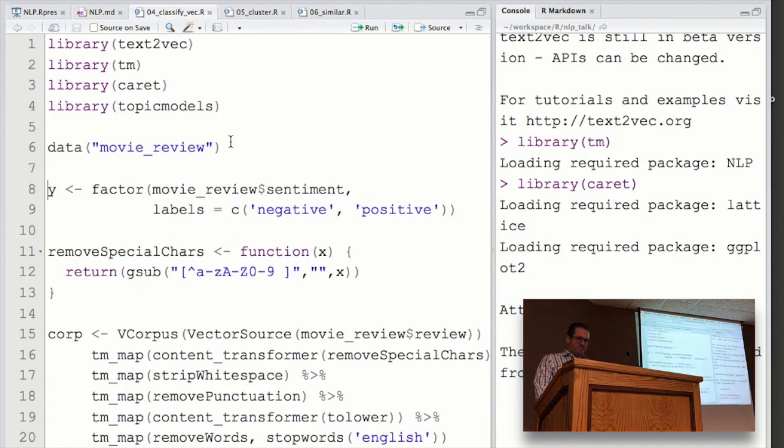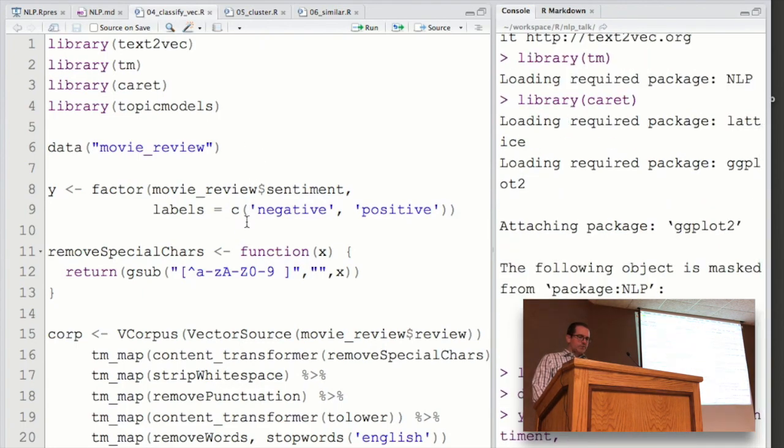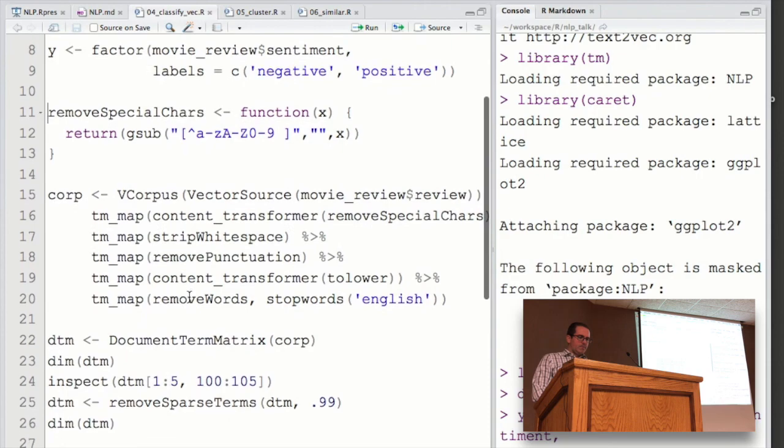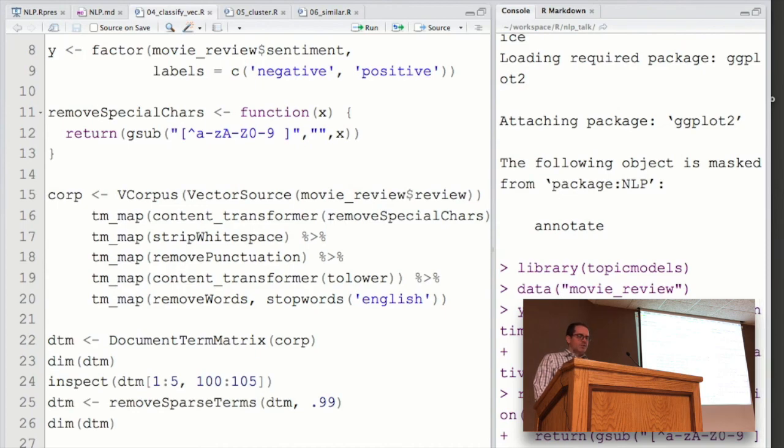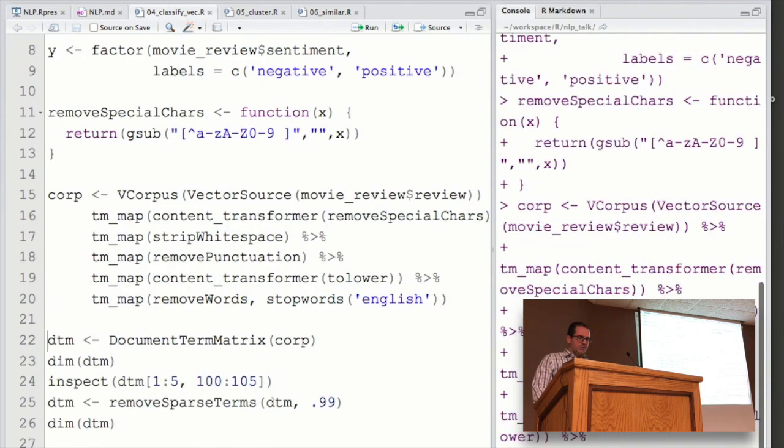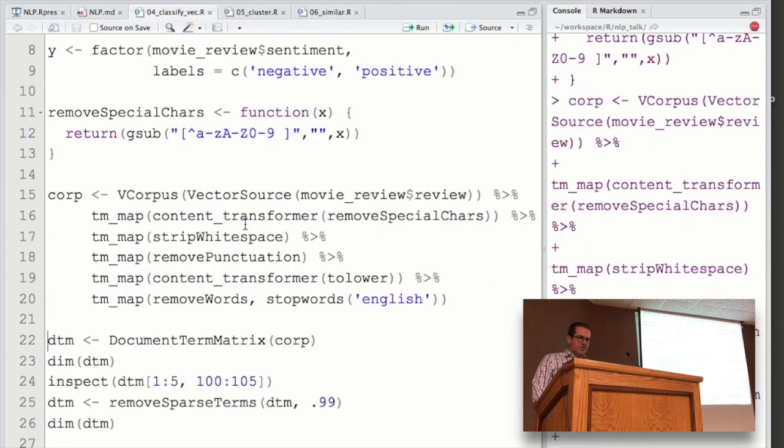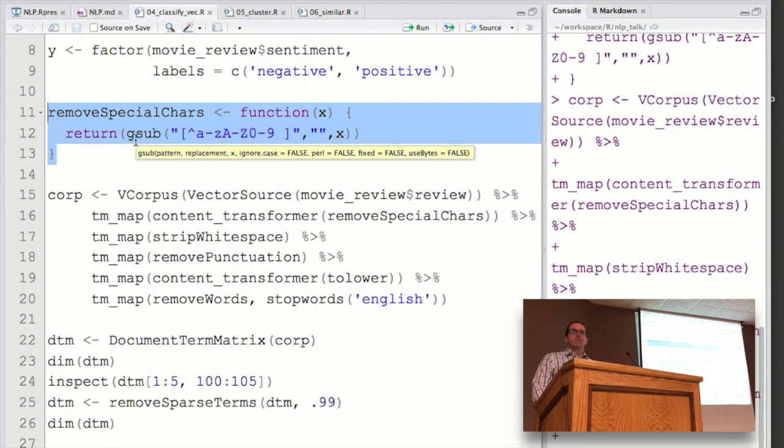I'm skipping the exploratory analysis stuff here, but this is more common. There was some markup and stuff in there, so I'm stripping it down to just alphanumeric, and you'll see in here I have more transformers. I've wrapped this removing special characters, just like toLower. It lets you write a simple R function and wrap it. Remove punctuation, stop words, those types of things.